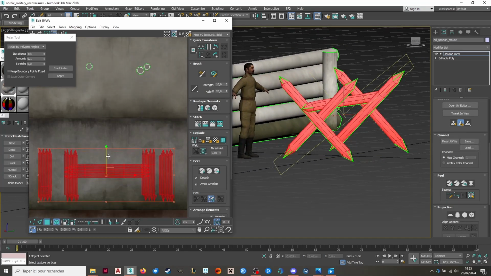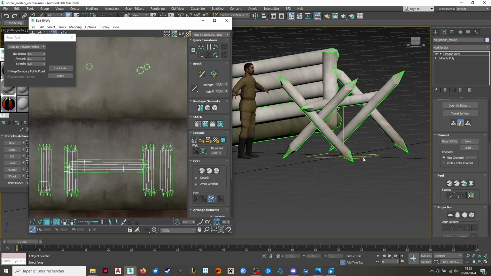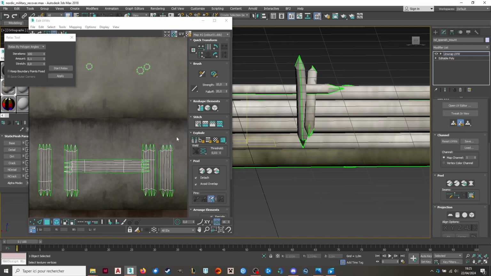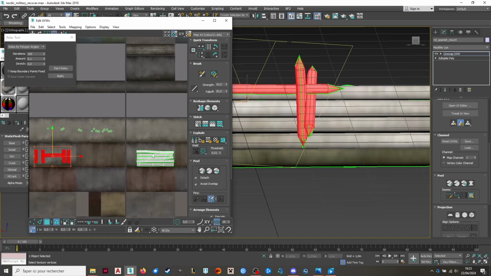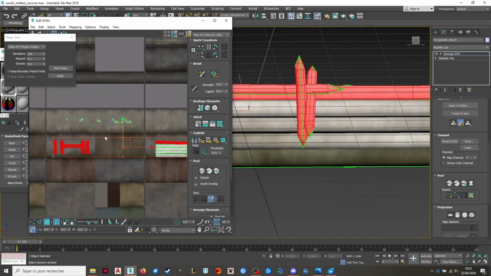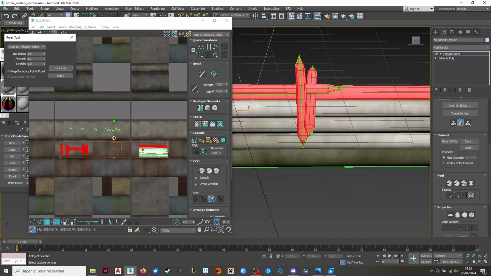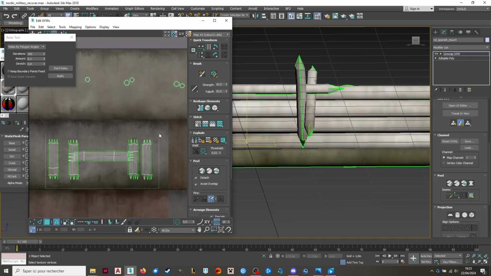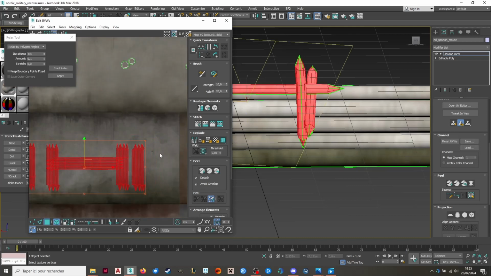So yeah, not too much in the green. Okay. And now we will select this and relax. As you can see when I press relax, this one is getting bigger. That means that actually I have to downscale this. I won't downscale it too much, just a bit,